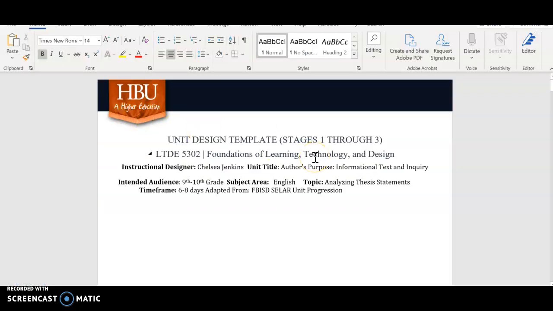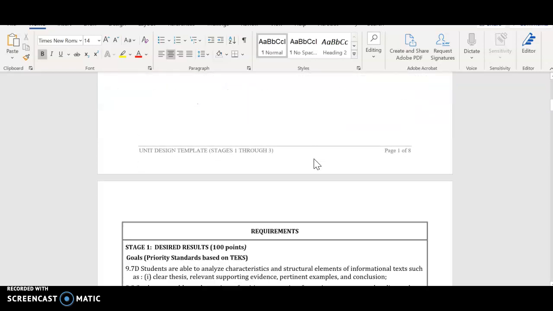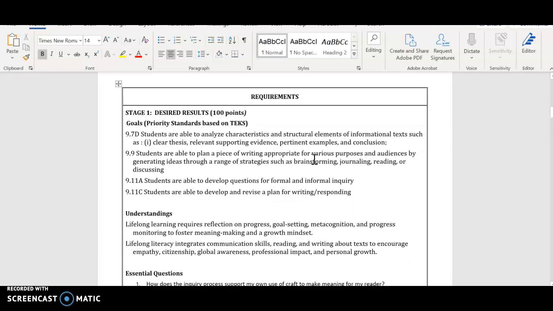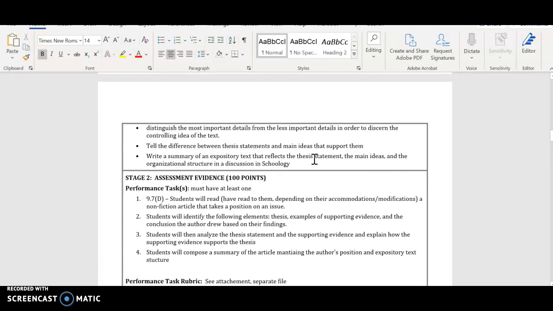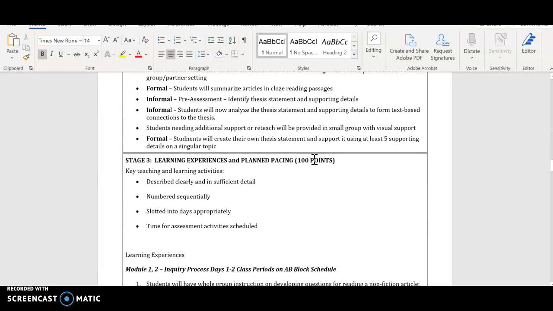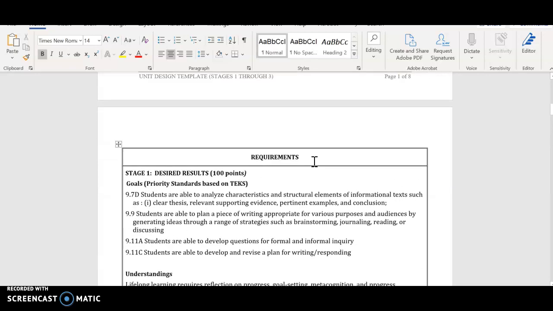So the first part was our unit design template. This contained the first three stages. This is where we had to create desired results. Stage 2 was assessments, evidence, and the final stage was learning experience and plan pacing. The first stage, I